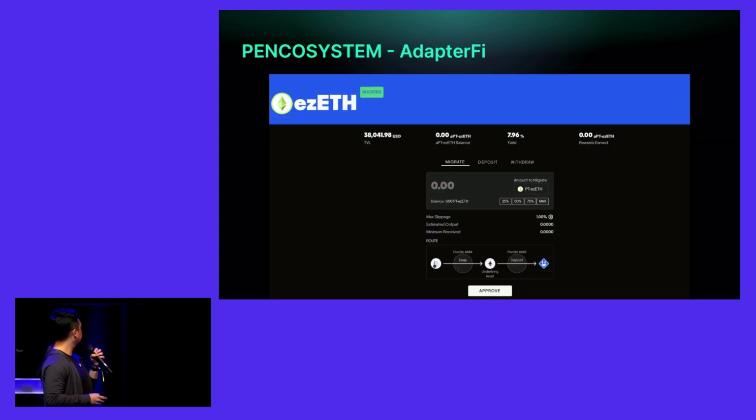And I think these are some of the vaults that are interesting within Pendle, because for Pendle, one of the core frictions that people face, I guess, is that for every maturity, you would have to redeem your assets, and then you yourself have to roll over into the next maturity. So protocols like Adaptify are trying to solve this problem, where it's a vault, and they will automatically roll over your position into the next maturity, and you don't have to even worry about it. So you can have basically lazy liquidity. You can have your own PTs, and they will be automatically rolled over for you.